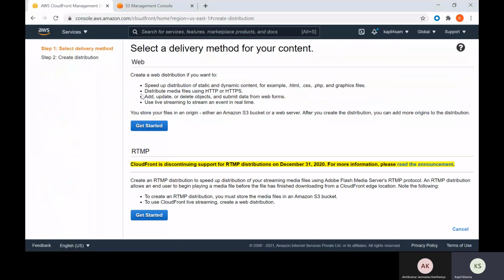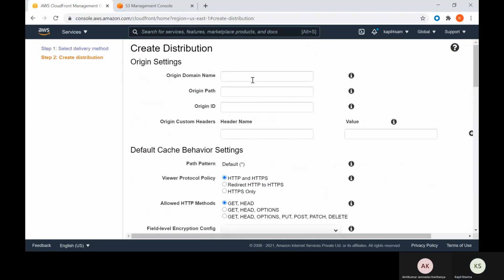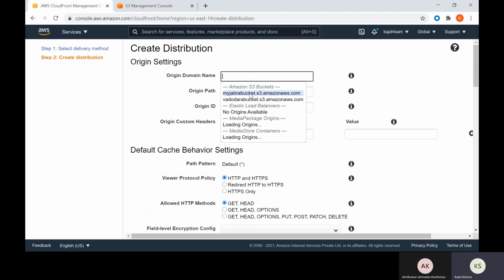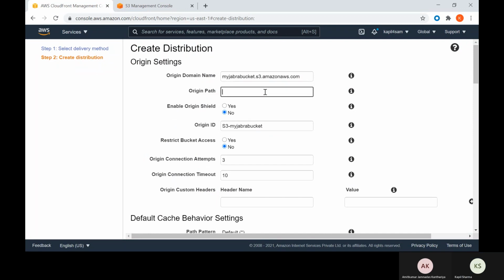a distribution, click on create distributions, and here you will get two different options, whether it is a web distribution or whether it is a media streaming distribution, right? So we will go with web distributions, click on get started. Origin name, I will choose my bucket name, my Jabra bucket, which is my Jabra bucket s3.amazonaws.com. Origin path,